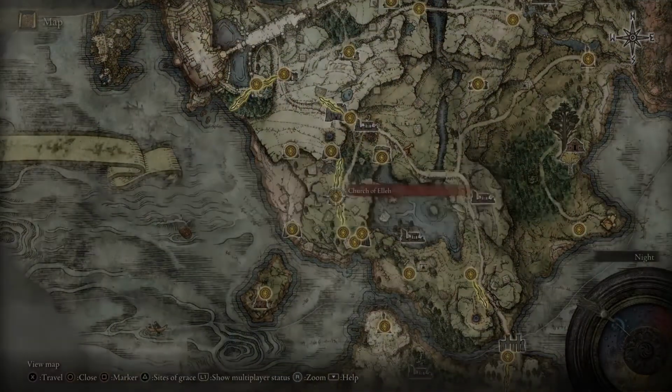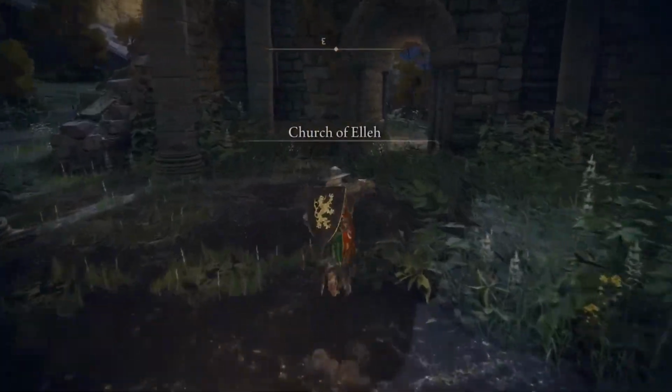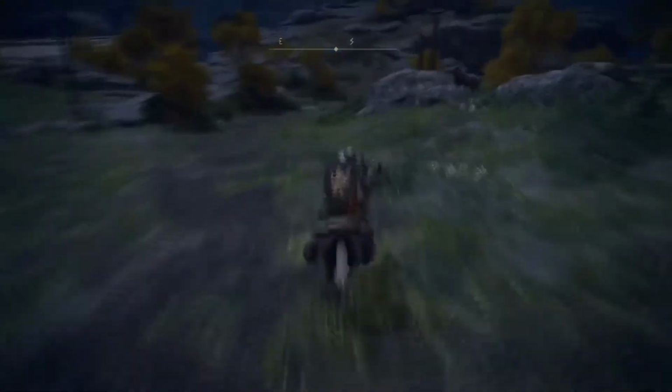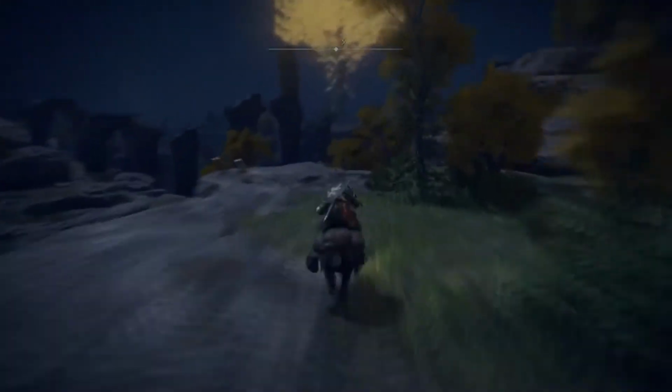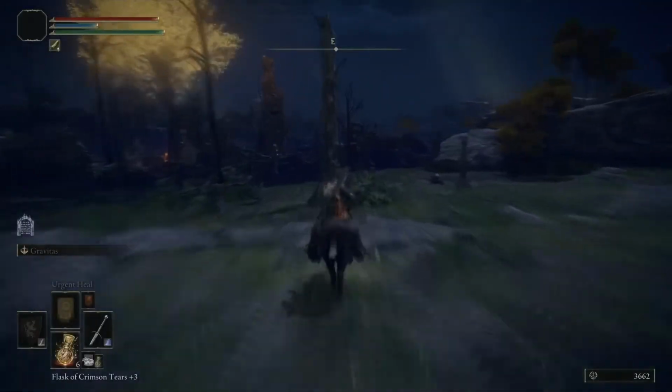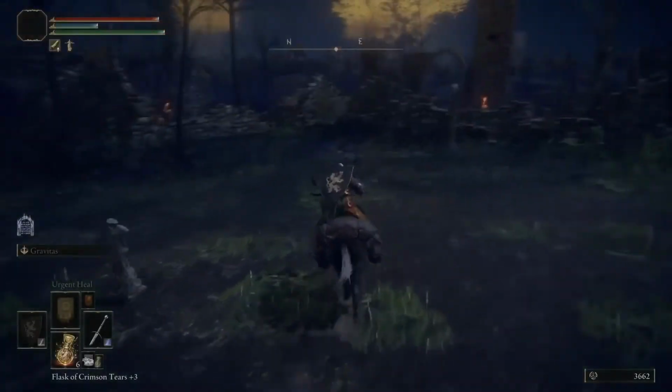So now we're going to go back to Limgrave, Church of Elleh. We're just going to take a shortcut. We could have probably taken the first step Site of Grace, is what I'm trying to get at. But anyway, we're going to take a shortcut through here. Run all the way down. You can more or less follow the same path from the first step Site of Grace, really, till you get to the